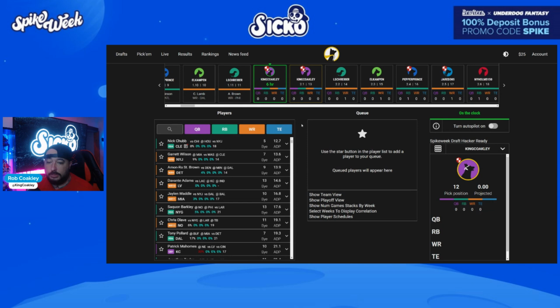The other one would be Amon-Ra with Tony Pollard. There's a week 17 correlation. They play in the Dome. We like that matchup. But I think